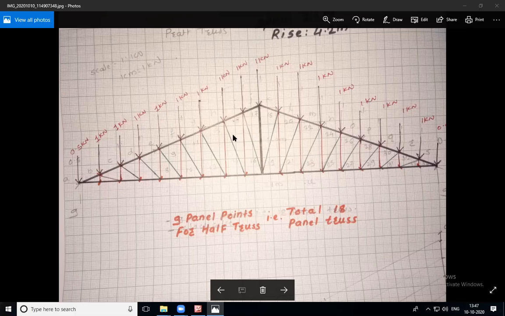And if 18 kilonewton load is present on this whole truss, half of 18, that is 9 kilonewton, is going to be transferred to the right side, and half is going to be transferred to the left side. Okay, now what we have to do is give the notations to a particular panel. Here, each and every space is denoted with some line. Okay, we have to denote it. So first of all, we are going to denote the outer points, isn't it? Outer points we are going to denote, and then we are going to denote the inner points.